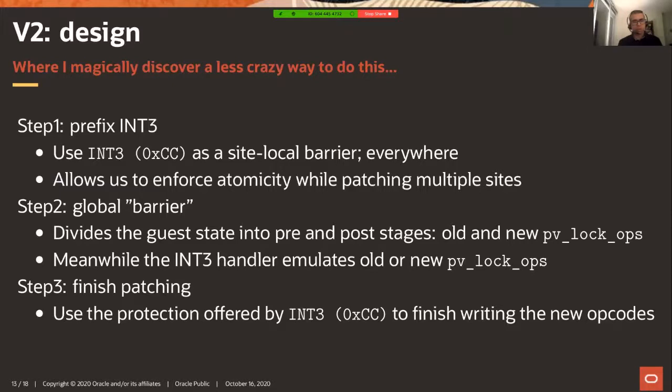All right. So the first step is you introduce a site local barrier everywhere. What this allows you to do is control what executes. So until the site local barrier is everywhere, you just emulate the old code. Once step one is done,